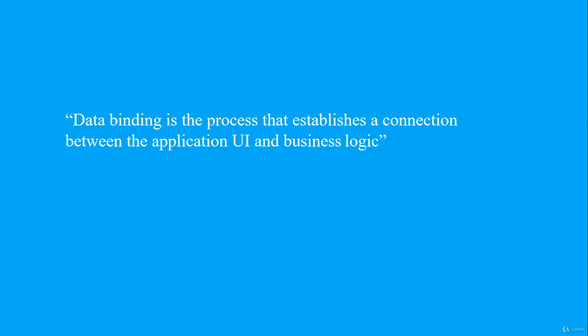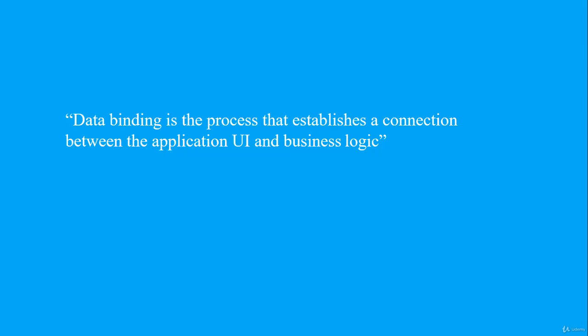Before jumping into the MVVM, it's important that you have a basic idea of data binding. Data binding is the process that establishes a connection between the application UI and the business logic. If the binding has the correct settings and the data provides the proper notifications, then when the data changes its value, the elements that are bound to the data reflect changes